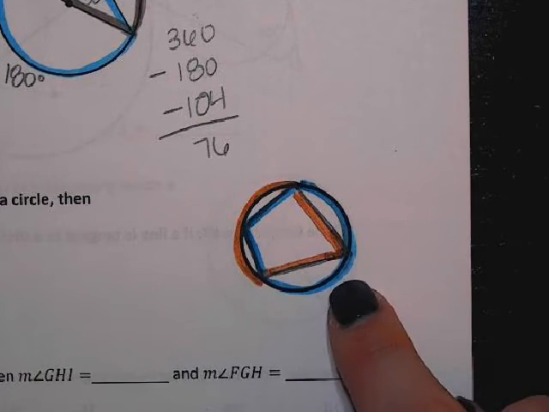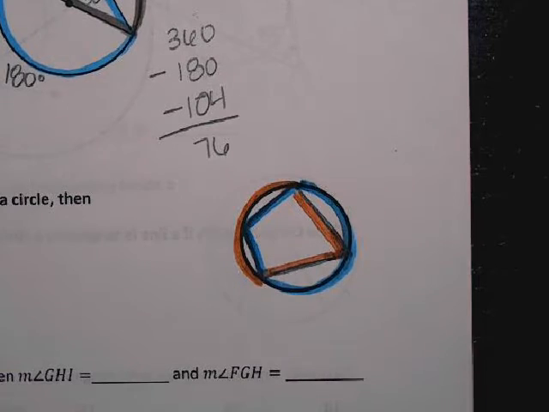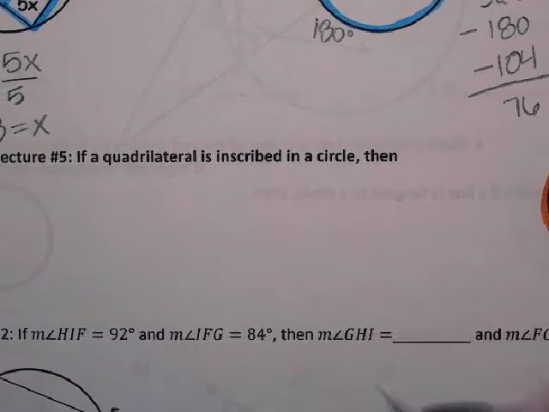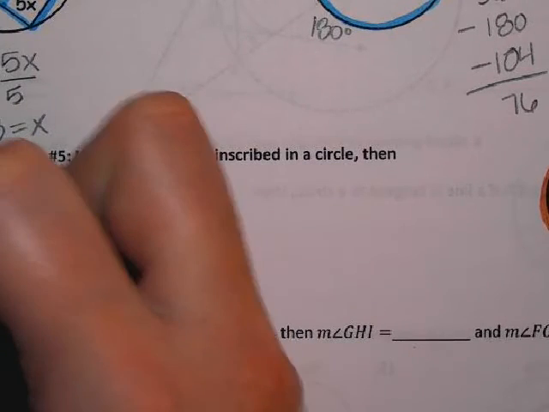So the arcs added to 360. So the angles add to 180. What's a word for when things add to 180? Starts with an S. Oh, I remember this. Starts with an SU. Supplementary, okay? So if a quadrilateral is inscribed in a circle, then its opposite angles